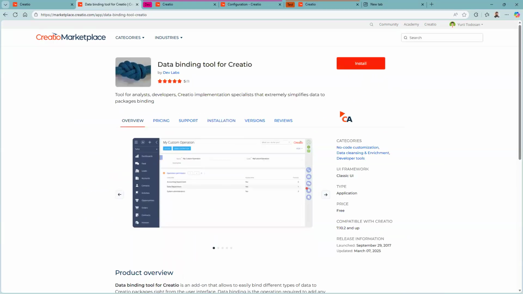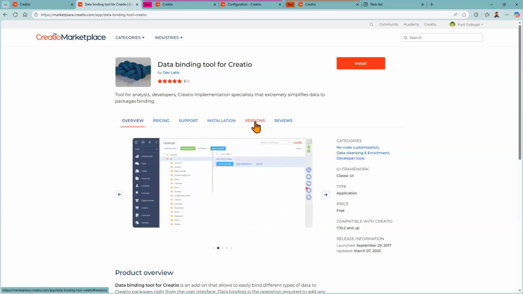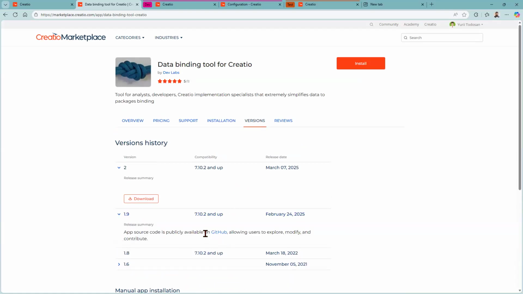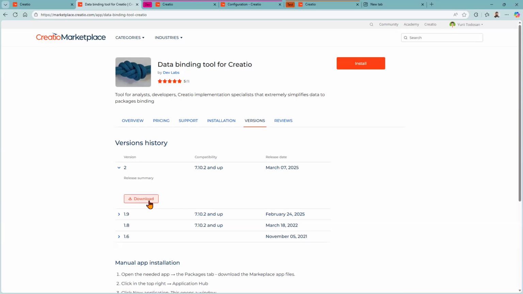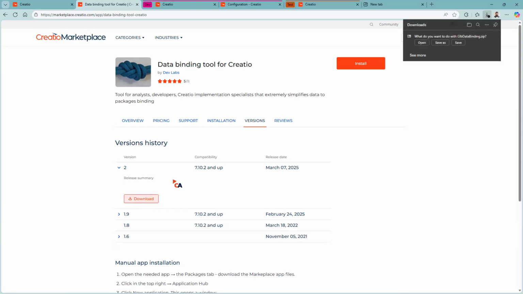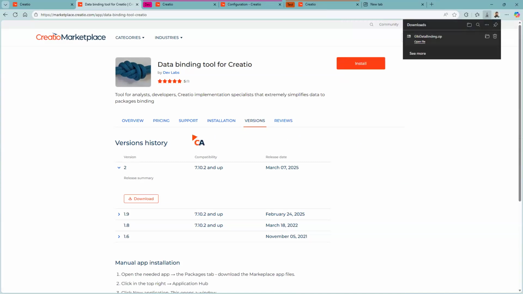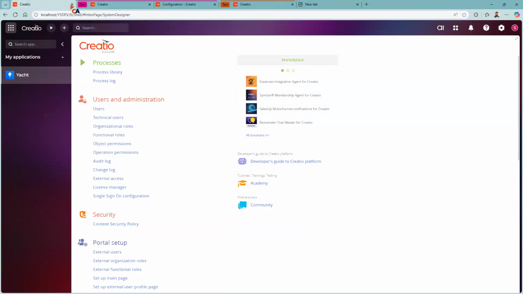And instead of using this install, I will go to versions, and I can manually download a zip archive, or even maybe go to the source code if necessary, but I will use the latest version, and I will simply download this app as a zip archive locally. So now that it is downloaded,